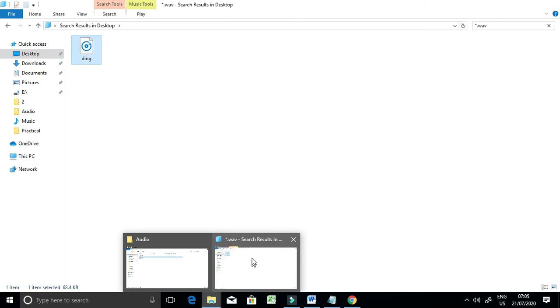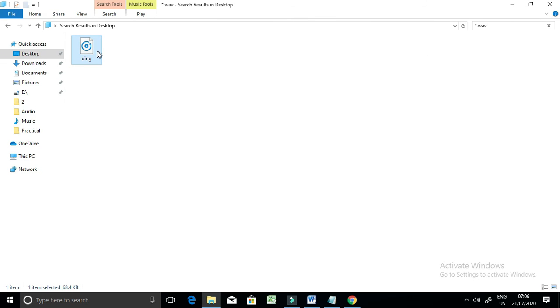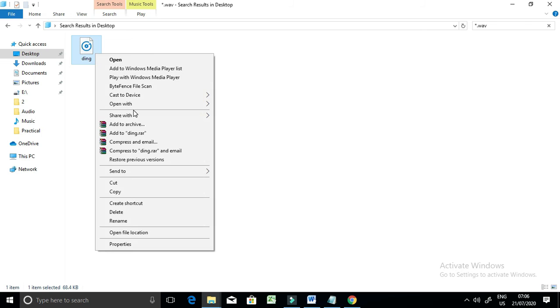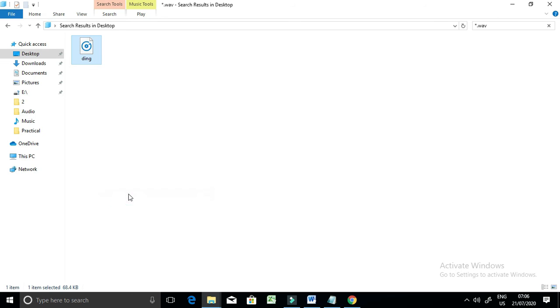You will add one more audio in the folder. For that, you will search the audio file with star.wav extension. Go to the folder and paste another audio file here. Now you will display the output.